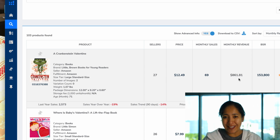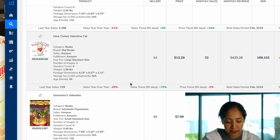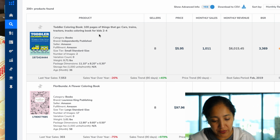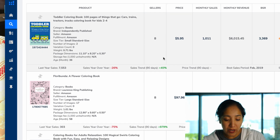We just want to look at this from a popularity perspective. So let's see what we find. Here's Valentine's Cat again. All right, so I didn't hit search. Here we are, search now. We've got this particular book right here, which is a toddler coloring book. 100 pages of things that go, cars, trains, tractors, trucks, coloring book for kids ages 2 to 4, which is